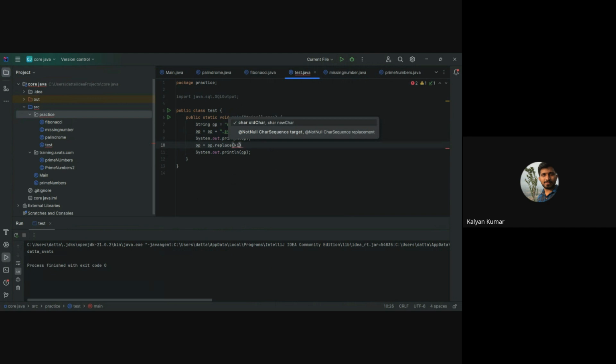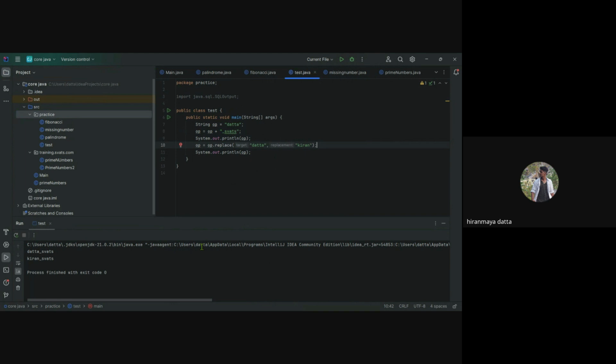So the old value in double quotes should be Datta, comma, double quotes Kiran. Then put a semicolon. Try to execute it. So what happened now? We got Kiran Swats.